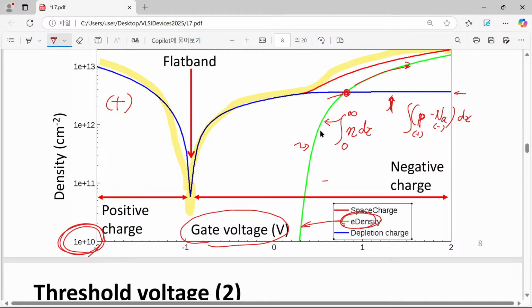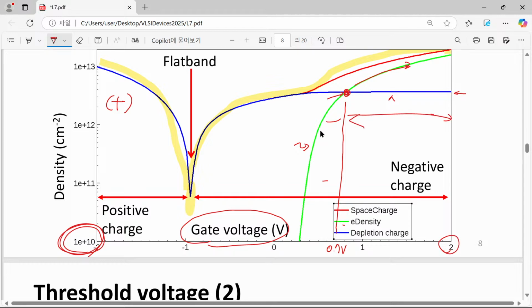And an interesting point is, please note that here, roughly speaking, this corresponds to about 0.7 volt, and here we have 2 volt, and the difference is 1.3 volt. Although we have applied an additional 1.3 volt to our gate metal,